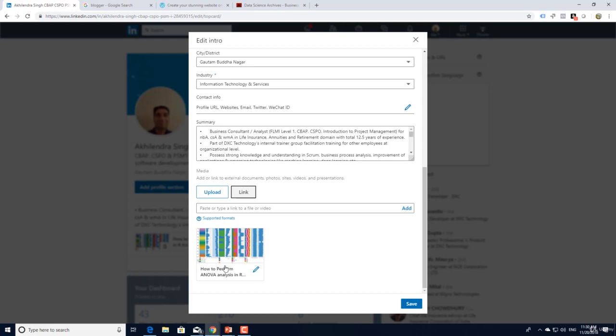So overall, it's very important to focus on portfolio creation because no matter what you learn, people don't know how much you know. And the problem with interviews is that if they don't know anything about you, they are going to try to find out in the interview itself. Now, sometimes we may not perform so well in interviews. We may forget a few things, we may not answer a few things correctly, and it may not present the true picture. And when you have a portfolio, they can go through your website, they can see what kind of things you have done in the past.